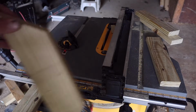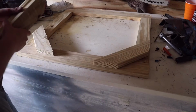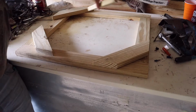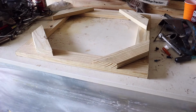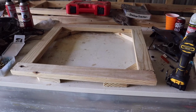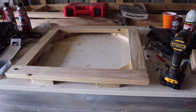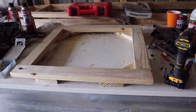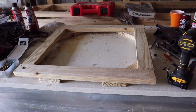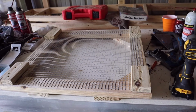There we go. So now I can have these on all four corners, and that should keep everything locked in. I just went back and did a dry fit, and it fits perfect. All that's left to do now is put some wire on it, get the hardware together, and hang it up. So I went ahead and stapled it on there